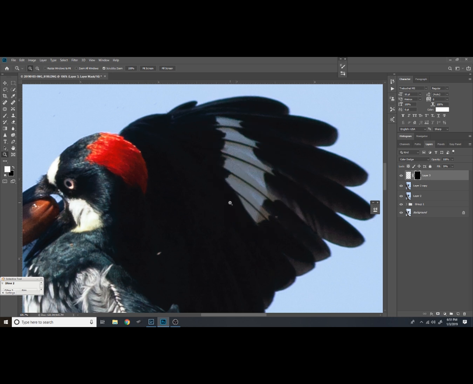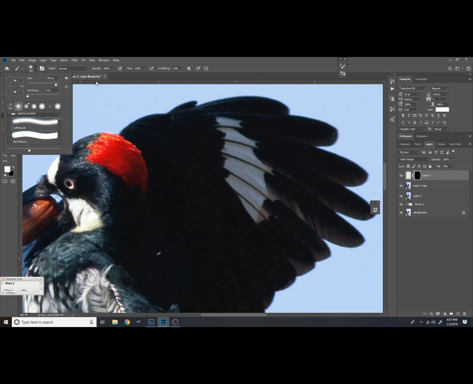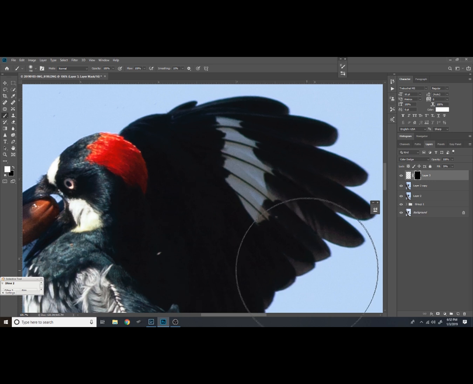If I want, I can do a mask. We don't want that brush though. Let's just do a soft round. And what I do is I've got my brush. I just select a soft round, and I'm going to make sure I'm checked on my mask here. Foreground color is set to white, and we can keep my flow at 100 because I liked the way that looked, and I'm at 100%. Let me just change my brush size, and we'll brush back in here on the whites, so we get some nice contrast between the